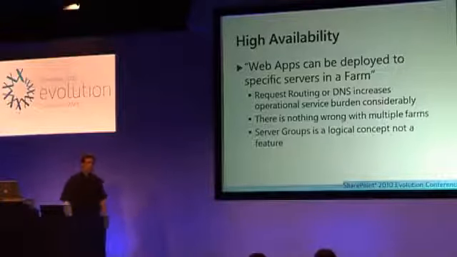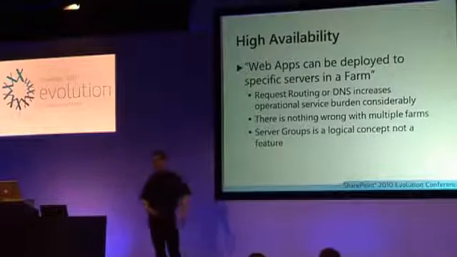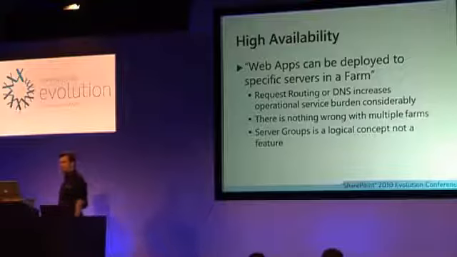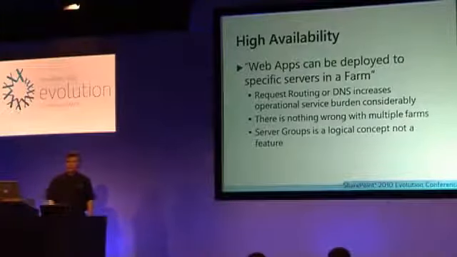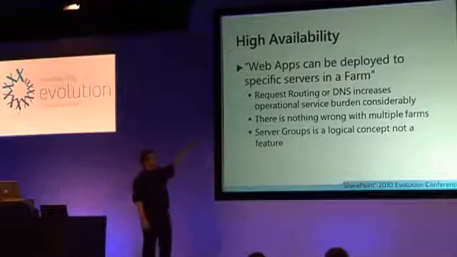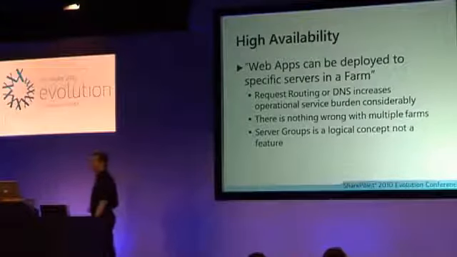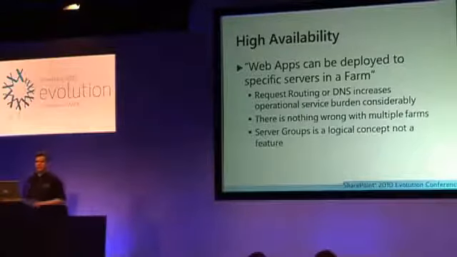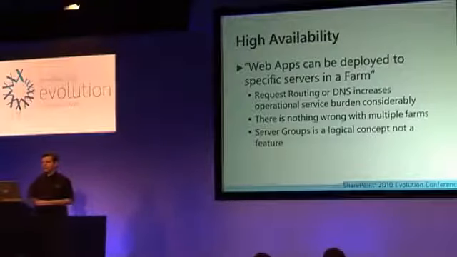Server groups: you may see a thing called server groups in some of the Visios that Microsoft have produced for 2010. There's no feature in the product. It's a logical concept. We can use service connections or proxies to semi-do this, but again, as in the first bullet, we need DNS or request routing to actually implement it. The idea of server groups is entirely logical. There's nothing in Central Admin or PowerShell that we can configure to turn this on.